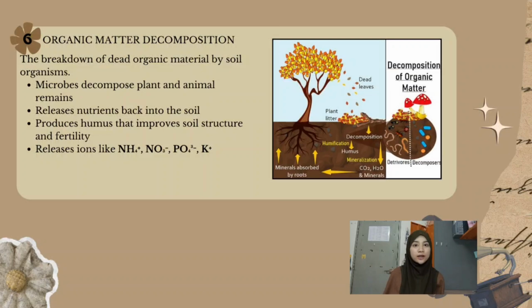As decomposition occurs, essential nutrients like nitrogen, phosphorus, and sulfur are released in a form that plants can absorb. Some of the carbon is converted into carbon dioxide in aerobic conditions or into methane in anaerobic conditions. The remaining material, called humus, is stable and improves soil structure, increases water holding capacity, and enhances nutrient retention. Decomposition also produces organic acids and influences soil pH, which brings us to the next process.